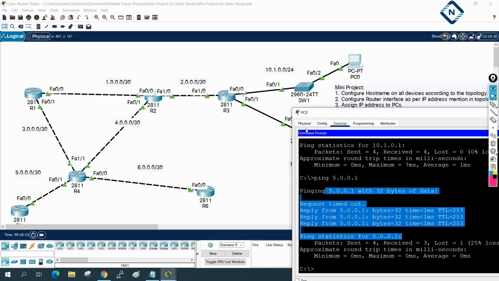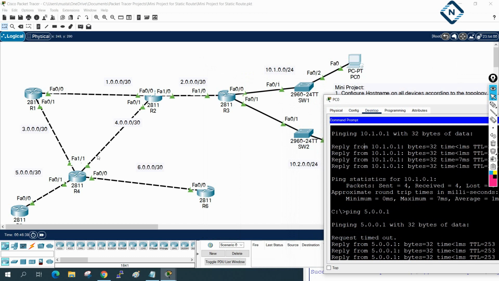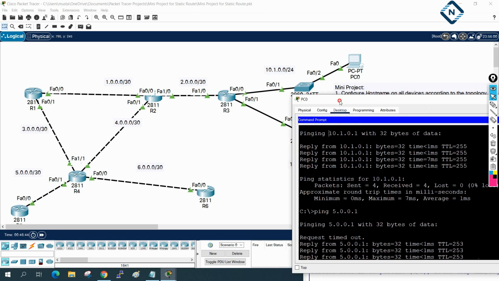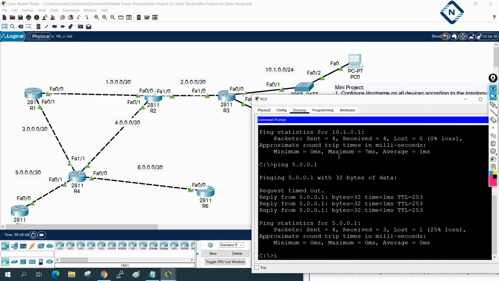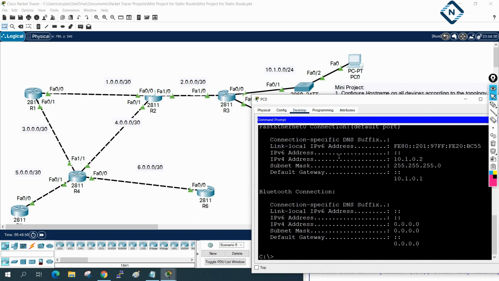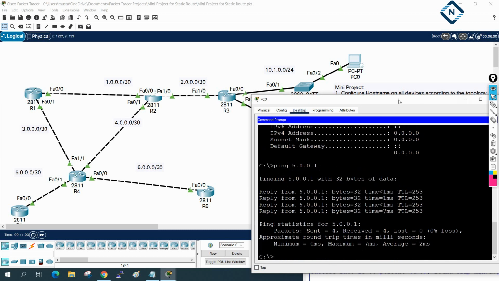I am in the 10.1.1.0 network, and I am pinging from this PC to this router interface. What is my IP? If you want to check my IP, ipconfig, this is my IP address 10.1.0.2, and now I am pinging the router 5.0.0.1. It is working. So our configuration is successfully done.